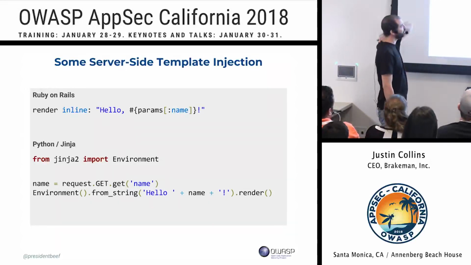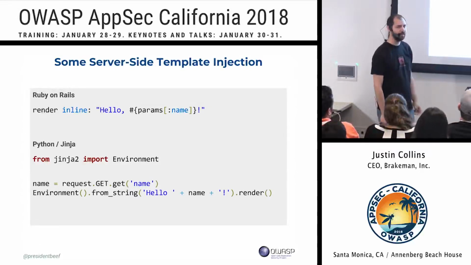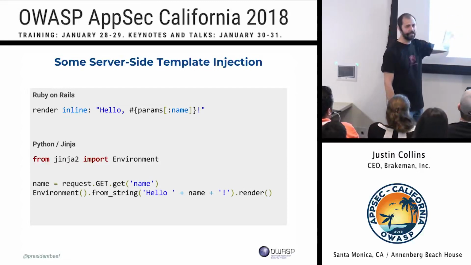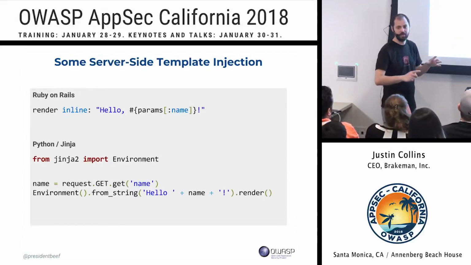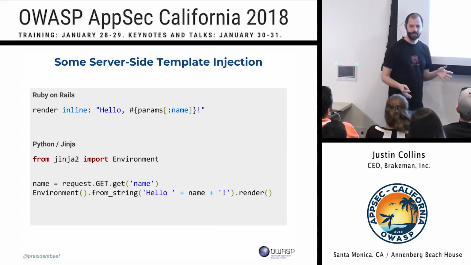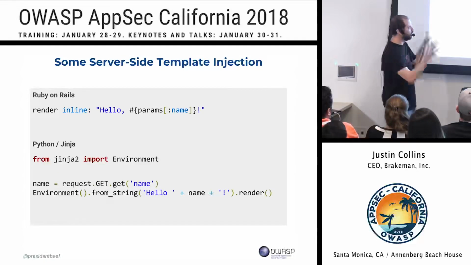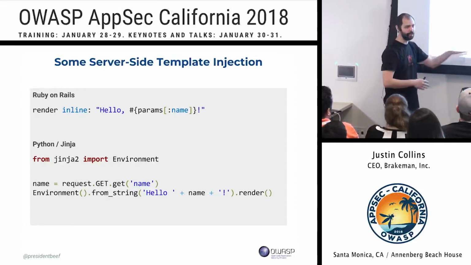I think the Rails example on the top is actually very sneaky because there's nothing that really indicates what's going on. But when you do render inline, it actually treats it as your default templating library, which in this case would allow you to put in essentially any Ruby code and it would be executed on the server. So what we get from, hey, I'm building a template, is now we have remote code execution. And again, we're putting together these strings, putting user input into them, and then handing them off to something that's going to execute them.